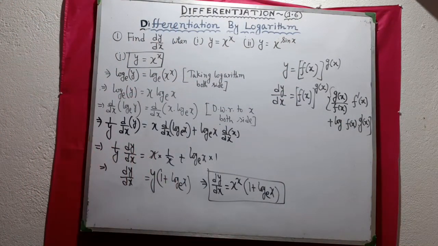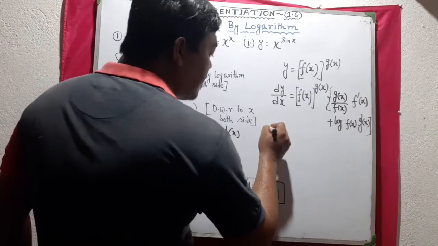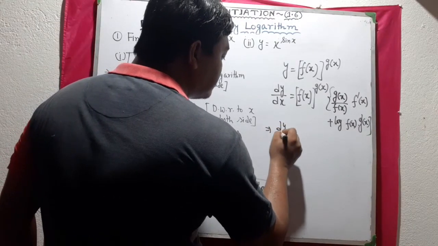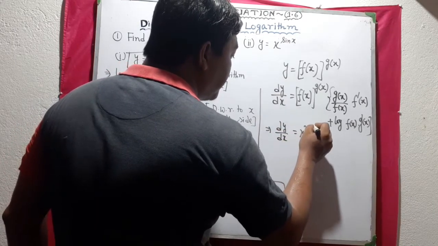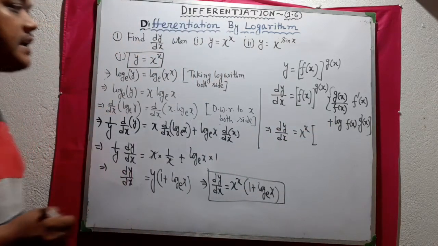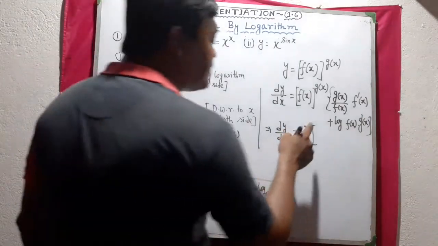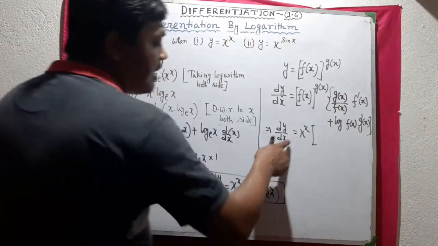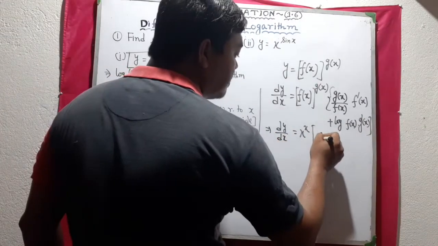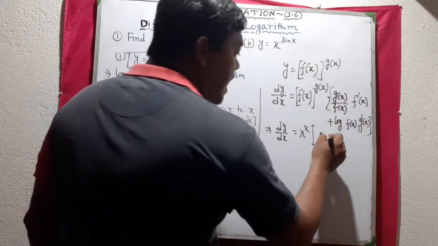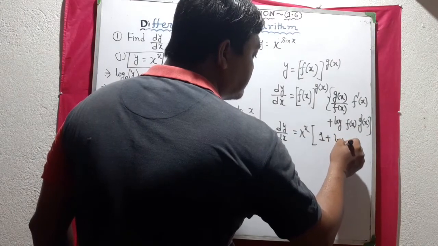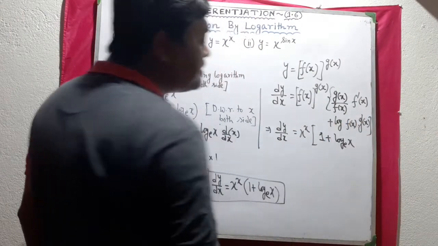Just put this value also. So here you can write dy dx equals x to the power x, g(x) by f(x), that is x by x, that is 1, f dash x that is 1, because f(x) equals x for this problem, and log of x and g dash x, that is d/dx of x,